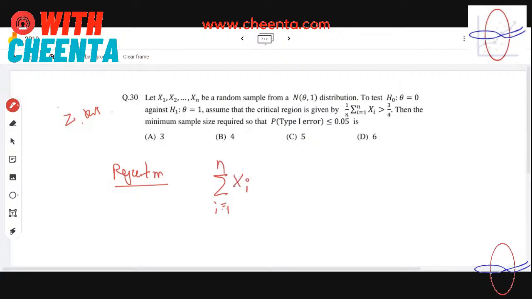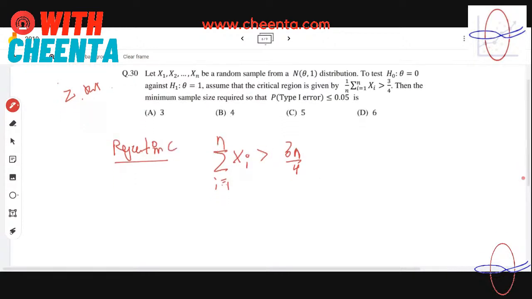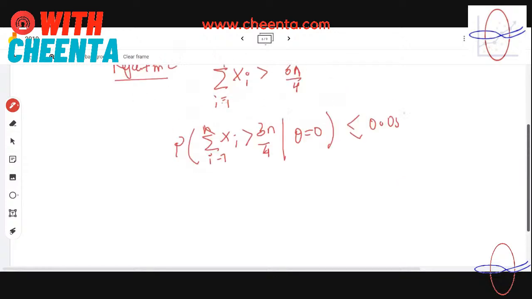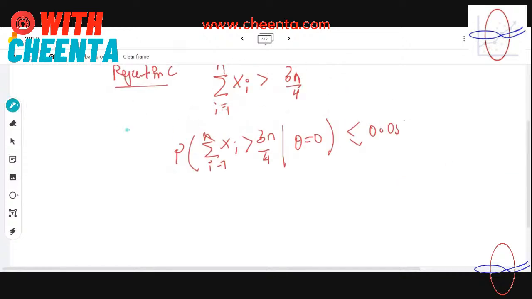Summation of xi greater than C. Okay, so 3n by 4. So this is a rejection criteria. So we have to find the probability of this. So let's try to find the probability. It's very easy, I guess. Summation of 1 to n xi greater than 3n by 4, given theta is equal to 0, is less than or equal to 0.05. And if you just calculate it, the summation of xi follows